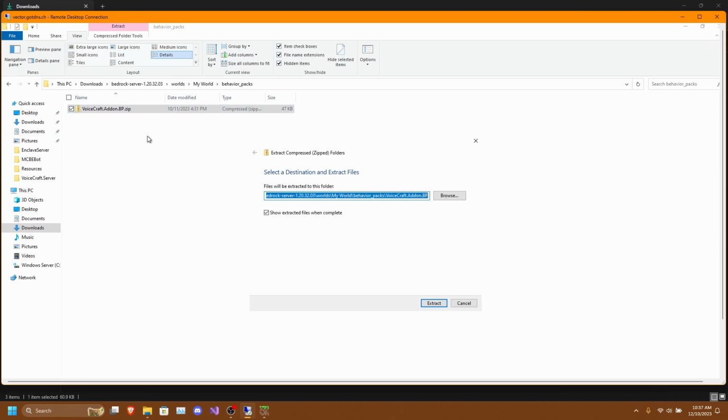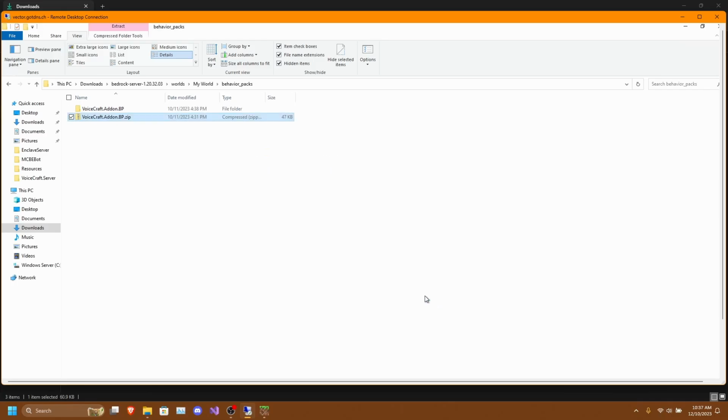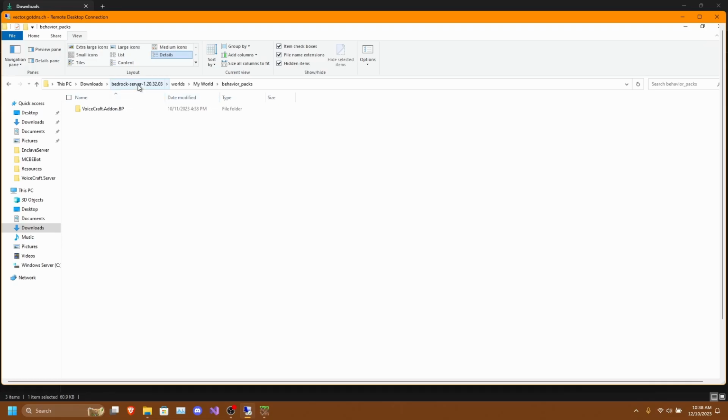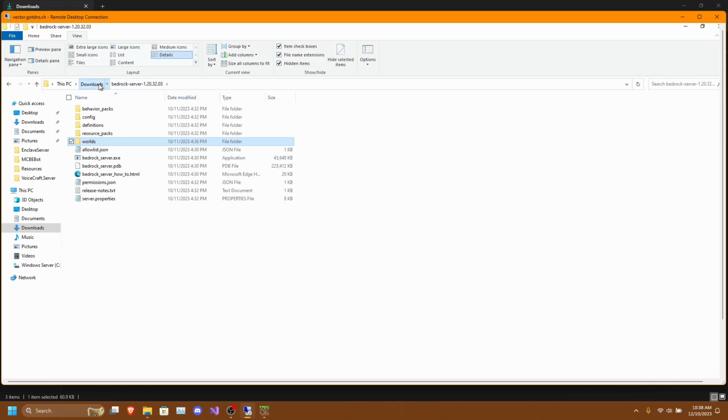Next, we need to extract the add-on. And once we've extracted the add-on, we can delete the zip file. Then we need to do the same for the resource pack.